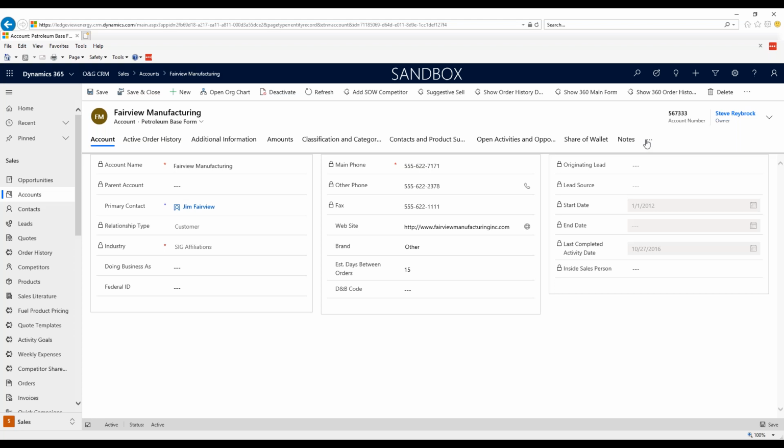What else did I want to cover? I think the last one that I haven't spent a ton of time on. And this actually may have been buried somewhere even in the old user interface. But when I go to notes,